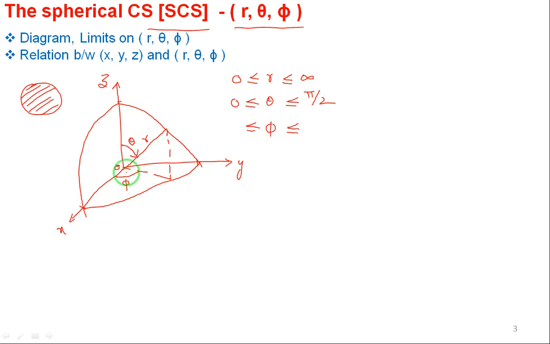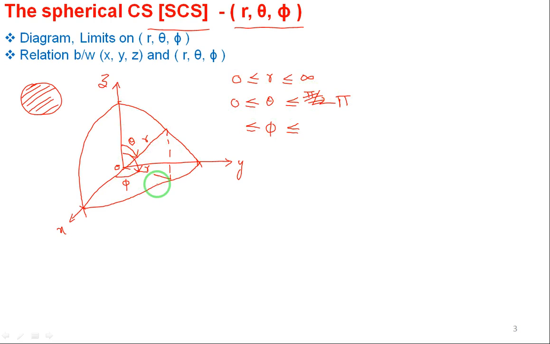Is it fine? With respect to the x axis, this is once again the radius of the sphere r, and now theta is 90 degrees, because we are measuring with respect to the z axis. So here I am putting the limits for theta as 0 to 90, sorry, not 90, I have to take 180 degrees. Here in the diagram it is 90 degrees. So let me take 0 to pi radians. Pi radians means 180 degrees. Okay, 0 to pi. It should be 180 degrees.